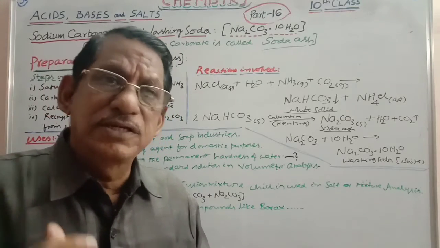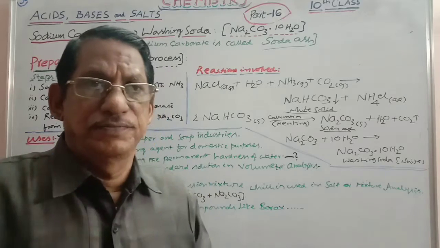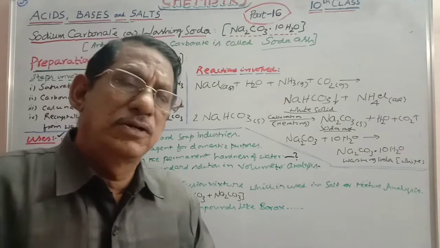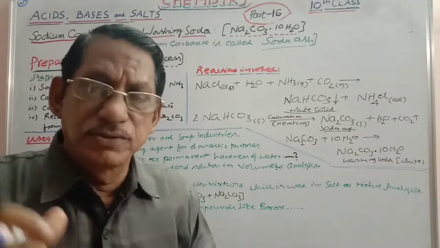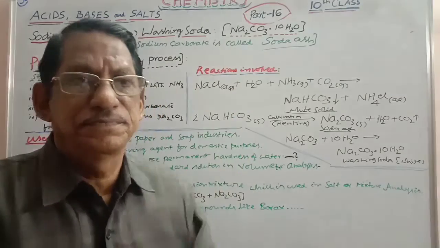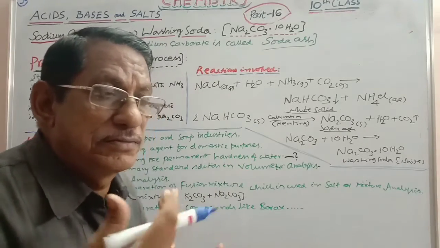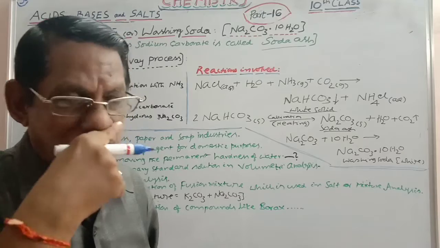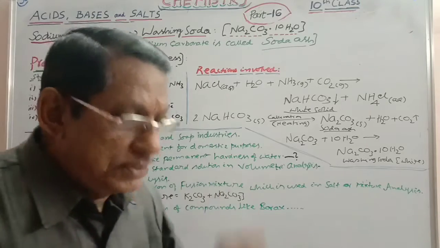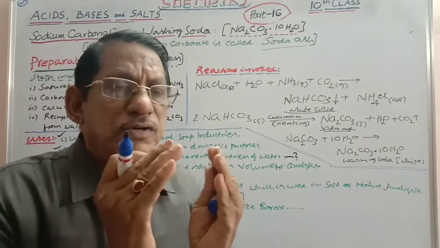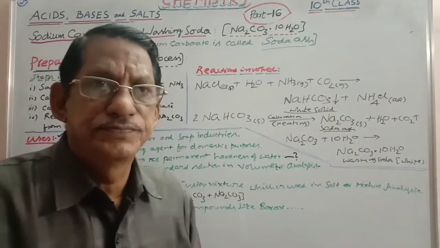It can be done only by knowing the concentration of the given solution. Acid will be given, and you have to know its concentration. If you want to know the concentration, you have to take a base, and the base is nothing but sodium carbonate. You cannot take sodium hydroxide directly. Sodium carbonate is taken. Suppose a 0.1 molar sodium carbonate solution is prepared.